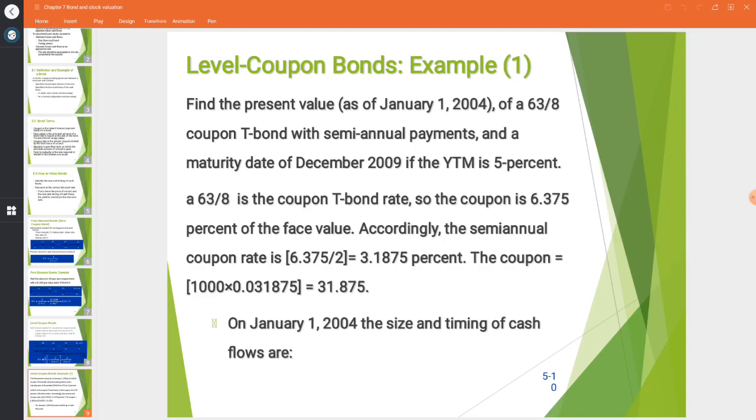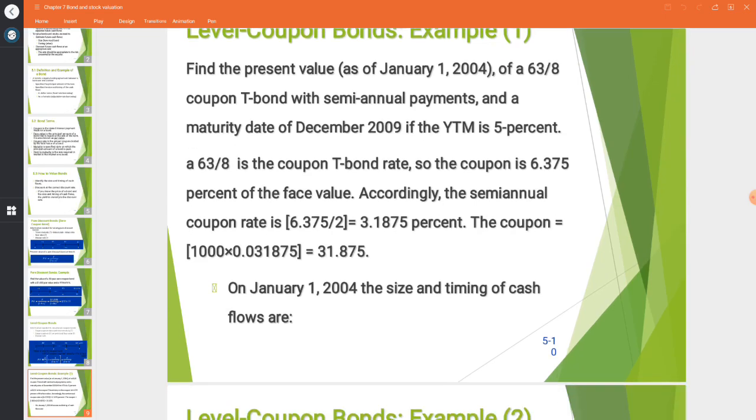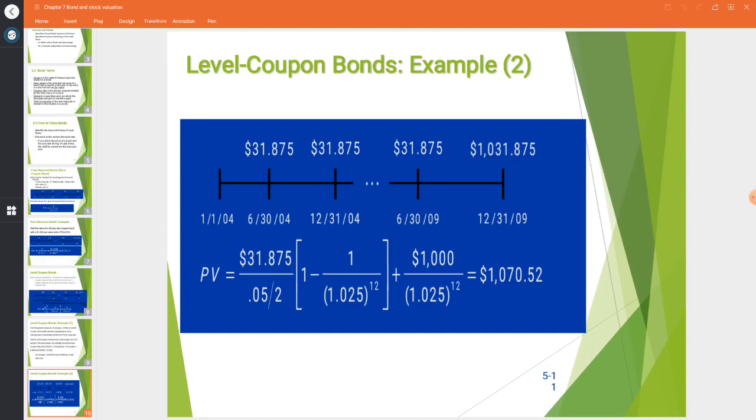So this will give an amount of 63.75, divided by 2. So this will give you what we call 31.875. This is the amount of coupon that we are going to receive as a semi-annual coupon. After you determine the semi-annual coupon that you are going to have every 6 months, we are going to explain